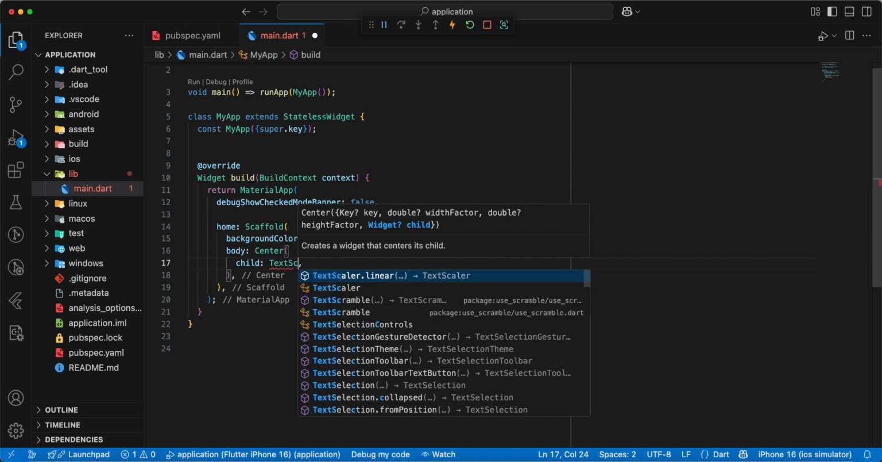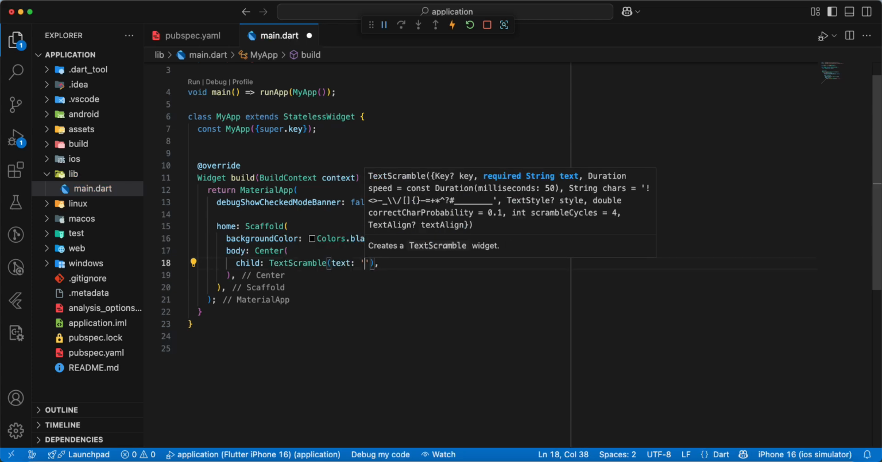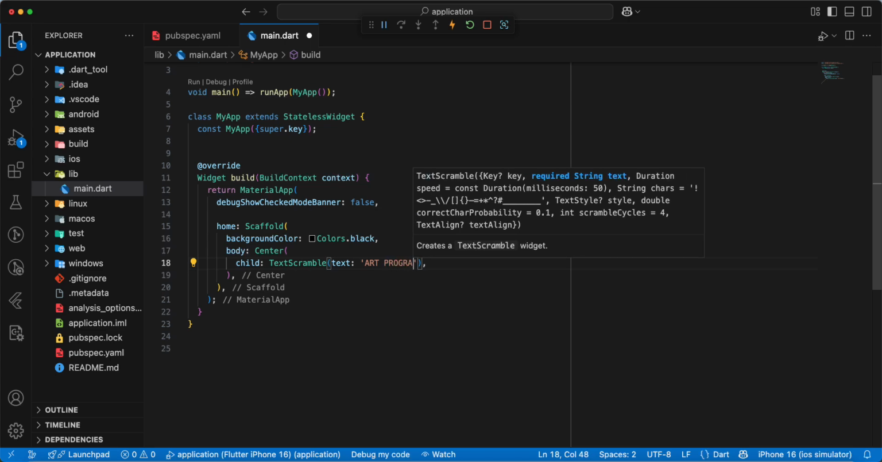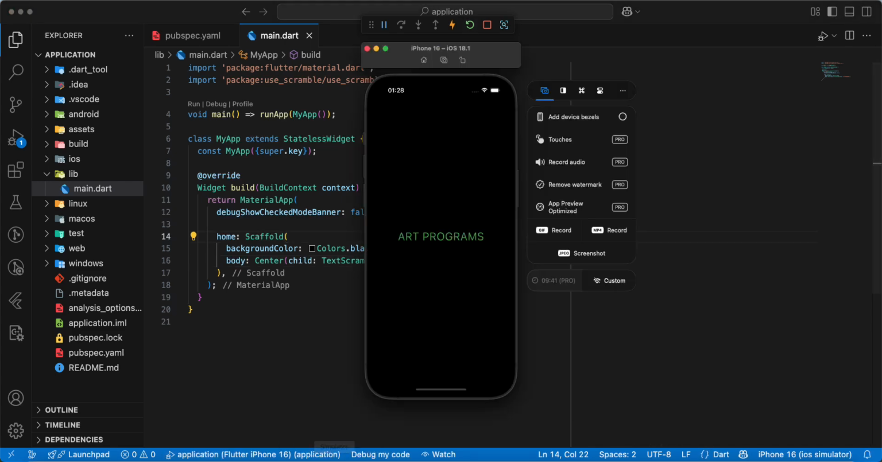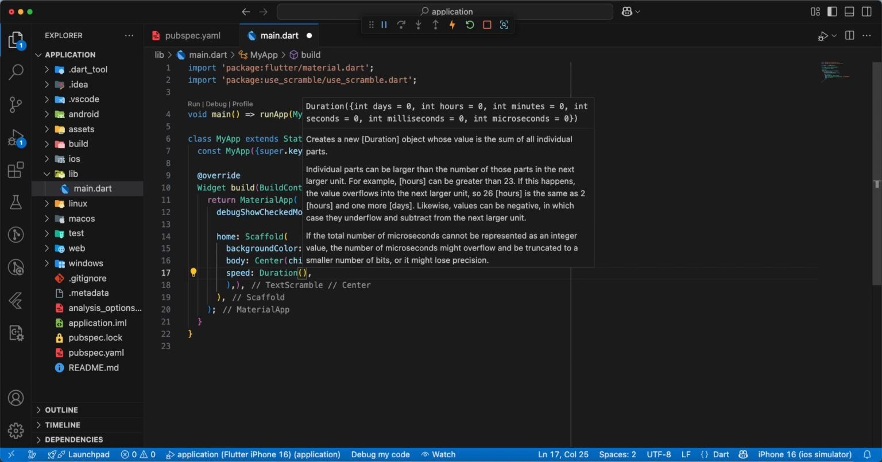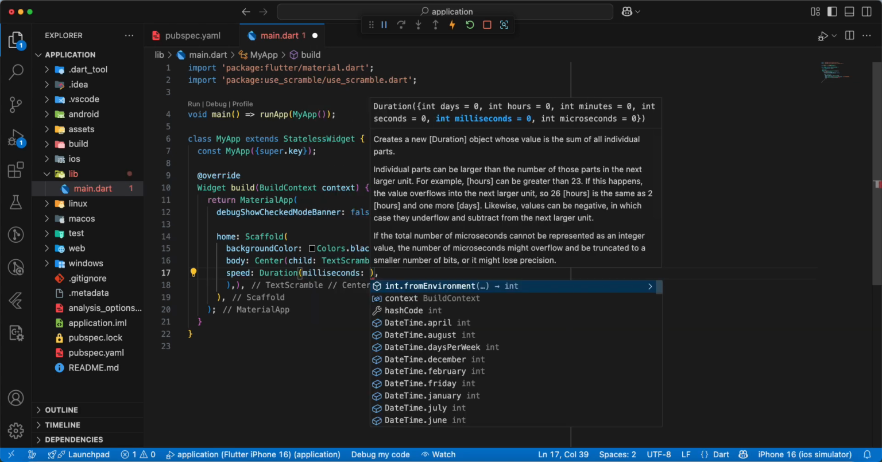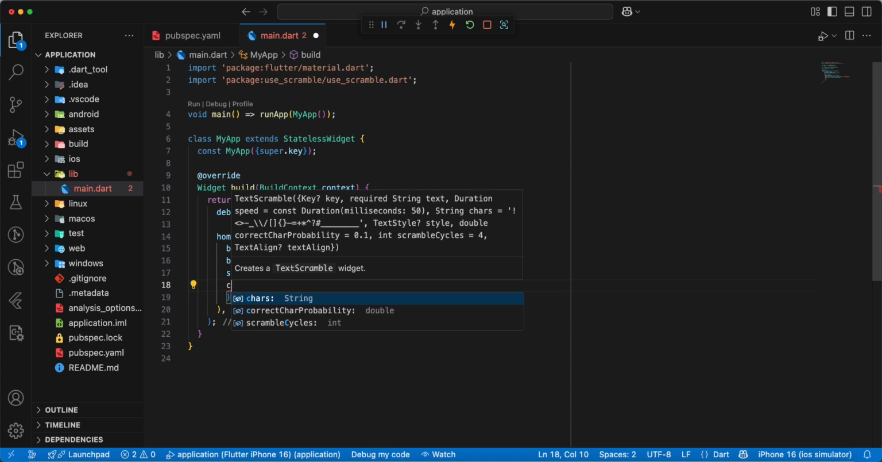write text Scramble, write Art Programs, then we add speed, duration, add milliseconds, 50, then we add chars,